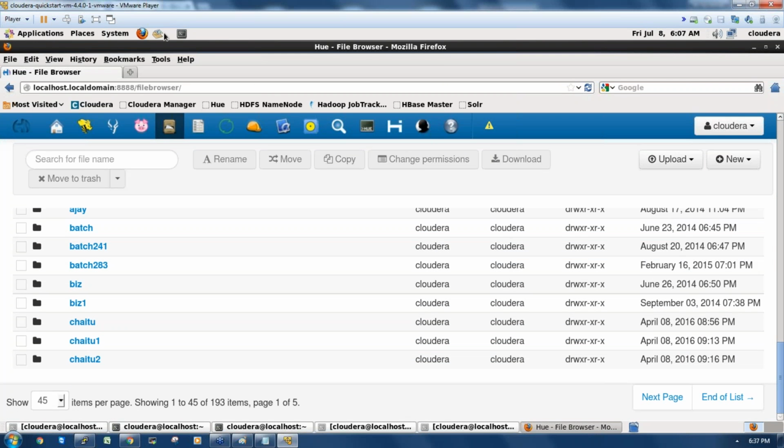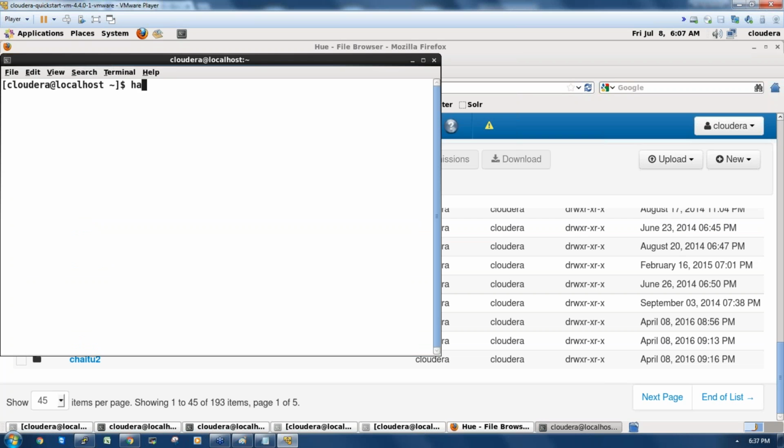If you create a directory, hadoop fs -mkdir Rajesh, it already exists. Now you can see hadoop fs -ls Rajesh to see the files.